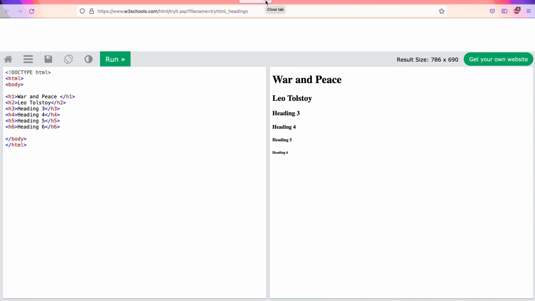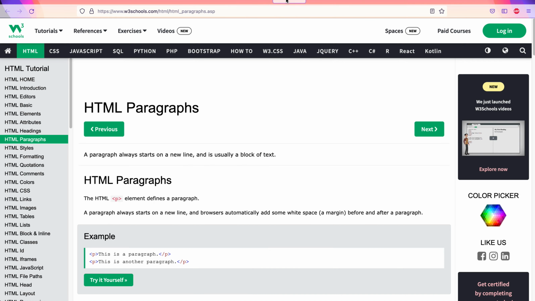Technically the answer is that you don't really have to do anything to identify a paragraph. If you just type anything in the HTML, it will show up as a paragraph. However, there is also a paragraph tag, which is the P tag. The HTML P tag defines a paragraph. Now there is a difference between using a P tag and not using a P tag while writing a paragraph in HTML.